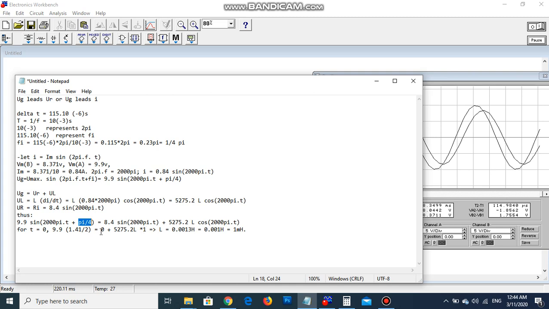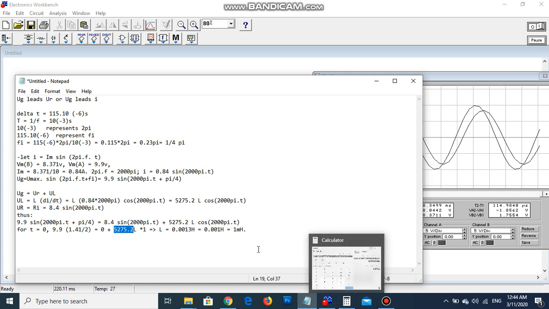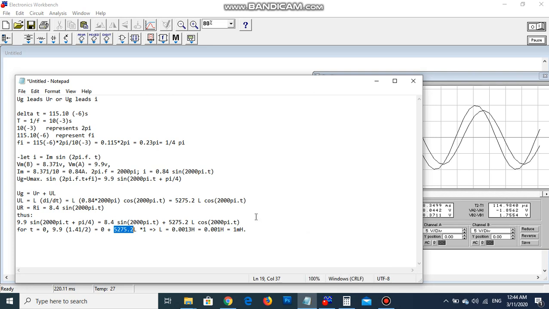So finally, by calculation, you get L equals this number divided by that, which is 0.013 Henry, or very close to 0.001 Henry, which is 1 millihenry. And this is how to use this circuit to calculate